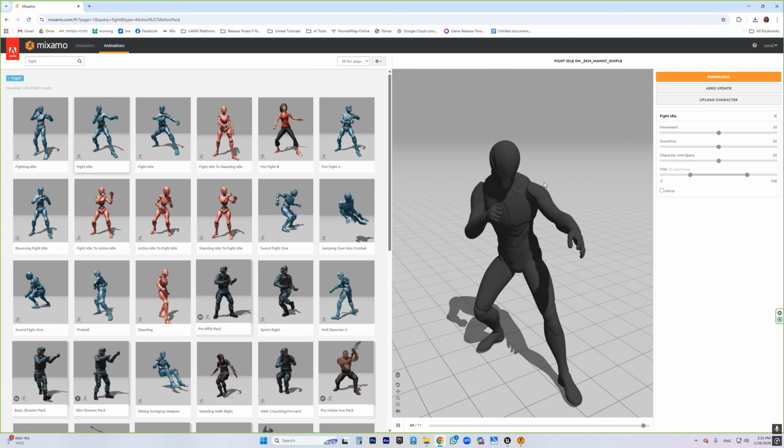And another one that I want to download is Fist Fight A. So you can download as many animations as you want. I just want these two for the demo and hit download again and download. Okay, once both of them are downloaded, we'll go back to the Mixamo Converter. Hit enter the conversion process